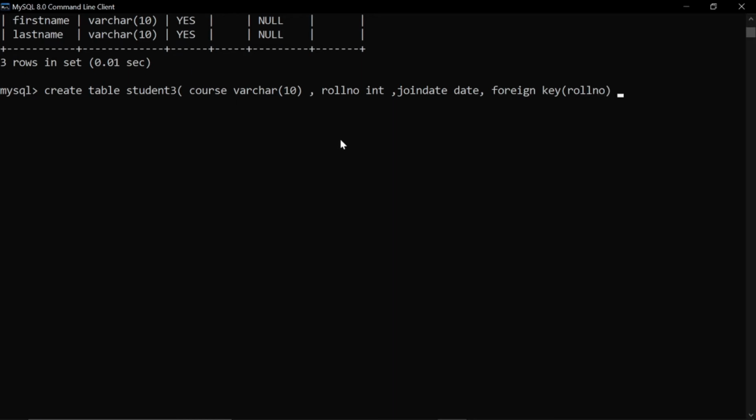Then from where it is getting the reference, that is, references to which table, that is the student 2 table, and to which column it is getting reference, that is the roll number.